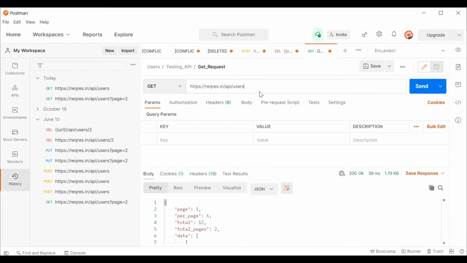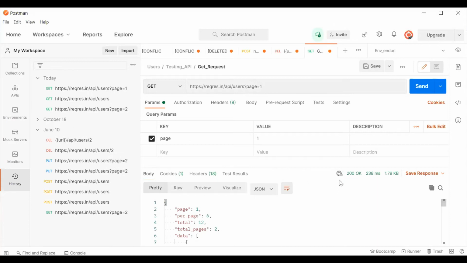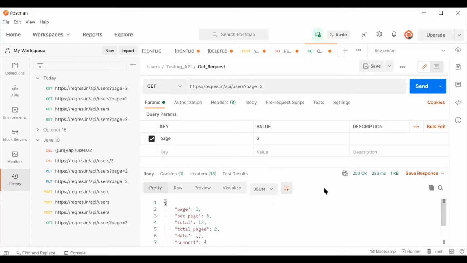So you can play around with this. Here it is your query parameter. This is your resource. And now if I want to ask something, let's say question mark, page is 1. You can play around with that also. So page on first page, search for it. It is hitting. You can see things on page number 1. Say page number 3. I said send. Again, see, it shows me information of page number 3. So URLs you can decode, you can play around with them accordingly. So this question mark is nothing, just a where clause. Where page is equal to 3.